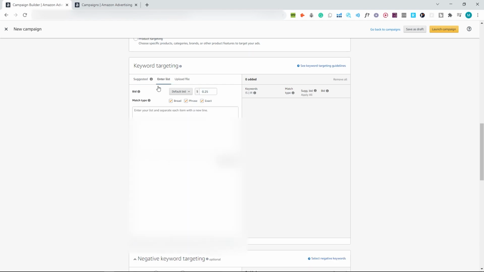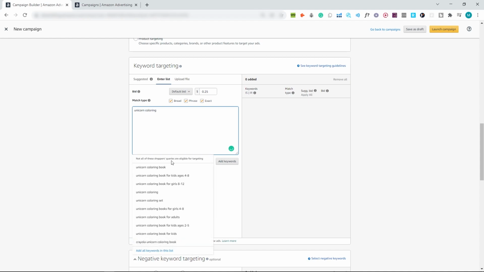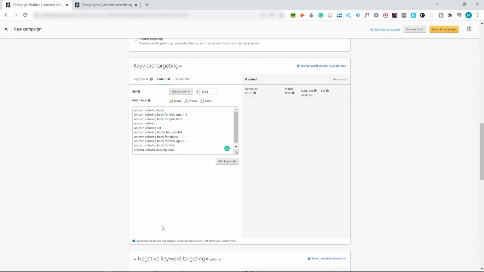So after that, you go to enter list, and then you start entering your keywords. So let's say I am making a unicorn coloring book. I will type in unicorn coloring and it's gonna start showing me some keywords. I click on add all keywords in this list, and I delete the ones that I think are irrelevant to my book.